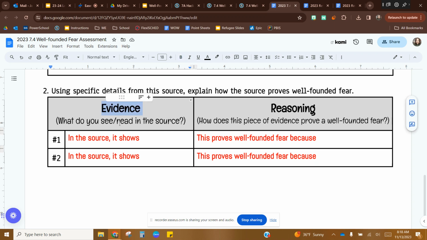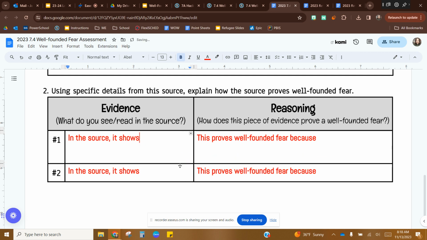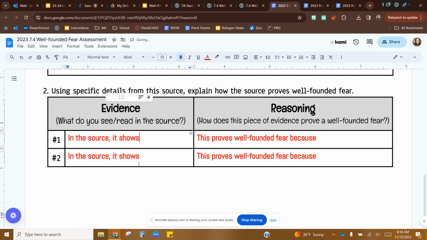Okay. Notice that you have 2 things that you need to find, 2 things about the source in your evidence. So what do you see or read in it? In the source, it shows, and then you're finishing that sentence with whatever you think the source is showing as far as well-founded fear. And then over in this side, you're explaining how you know that this proves well-founded fear. So this should be in your own thoughts and words.